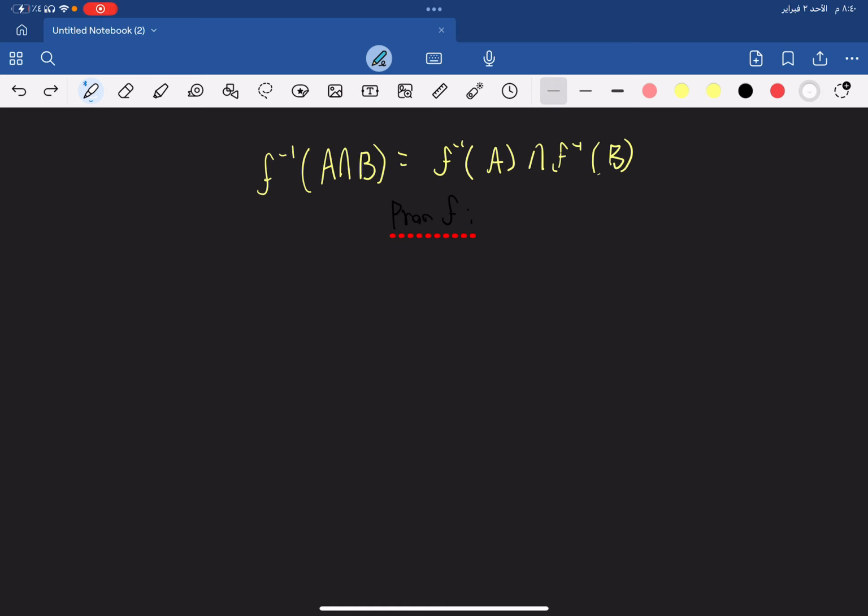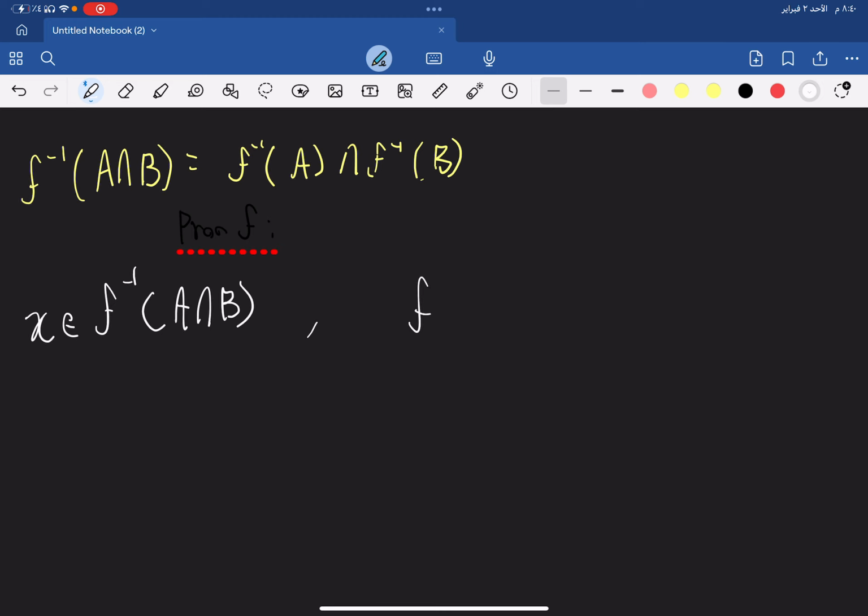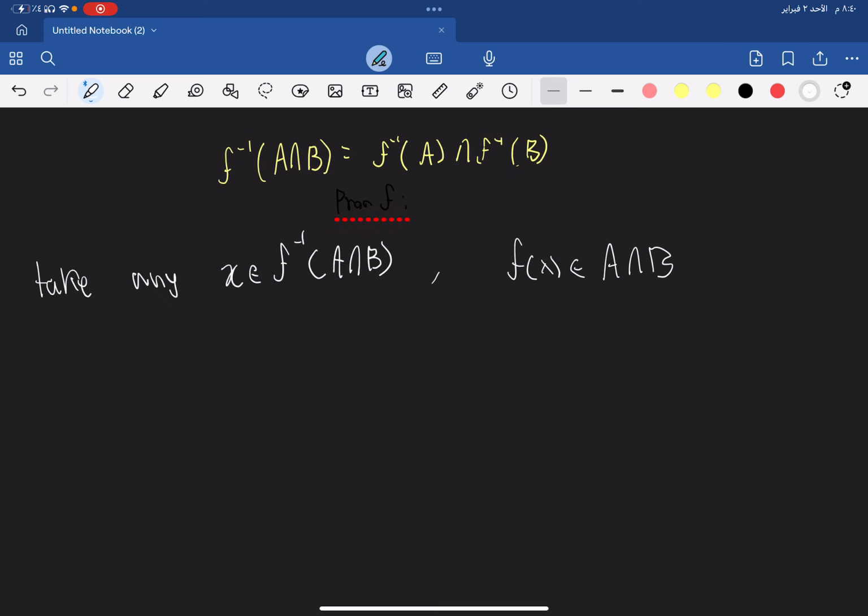First, let's take an arbitrary element in F inverse of A intersect B. So take any x in F inverse A union B. So obviously, f of x is in A union B. So by mathematical logic, we can realize that f of x is in A and, very important, f of x is in B,